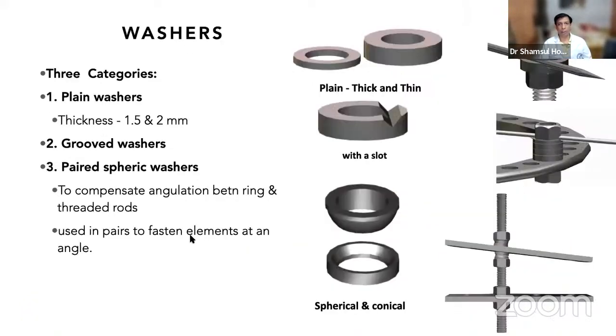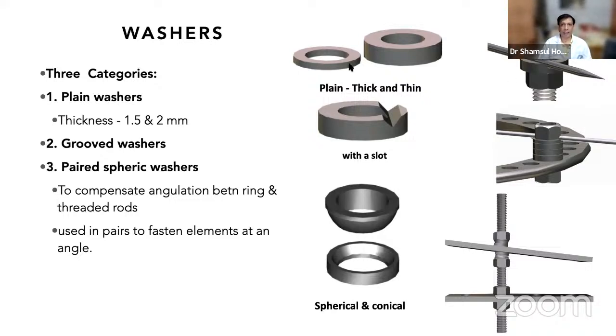Then we have the washers. Washers are used when we are passing a wire and the wire doesn't go along with the ring. There's a gap. We can use a washer. We should not pull the wire back to the ring. We should use washers over here, so we can apply the wire in the direction of the ring, not giving any pressure that may cause skin impingement or pain.